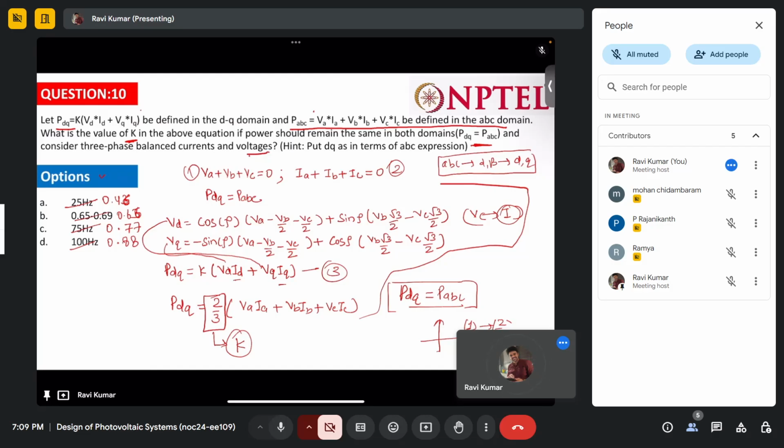That's why the power factor should be there as well. So one will have a power of 2 by 3rd of the other. So K should be 2 by 3, equals how much? 0.66, similar to the first question. So it is the value of K here. So the correct answer should be